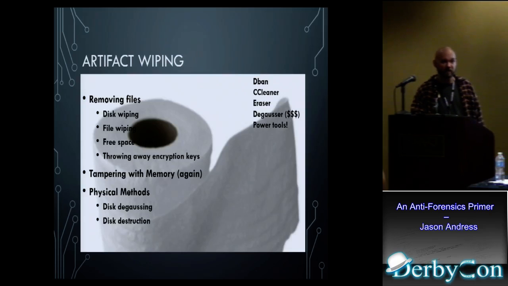Tampering with memory, so you can bulk wipe stuff out of memory, try and dump what you can out of it. You can also go and actually alter the values of some things. So if you've got somebody who's fishing through RAM trying to pull encryption keys out of it, you could potentially go and tweak what is actually stored out there and feed them something different, which has some interesting possibilities.